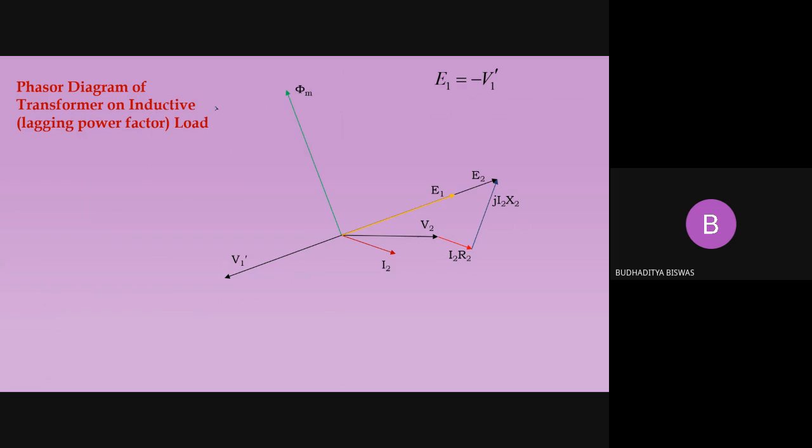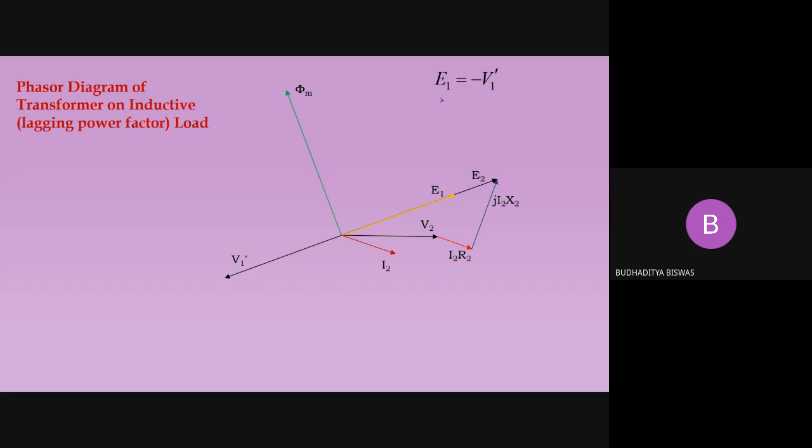After that, whatever voltage we have is purely applicable to the transformer winding. That's why it is not V1, rather it is V1 dash. According to Lenz's law, the induced voltage and applied voltage are the same in magnitude, but there should be a 180 degree phase difference between the two voltages, because Lenz's law says that the induced voltage should oppose the applied voltage, meaning it should oppose the current flow through it.